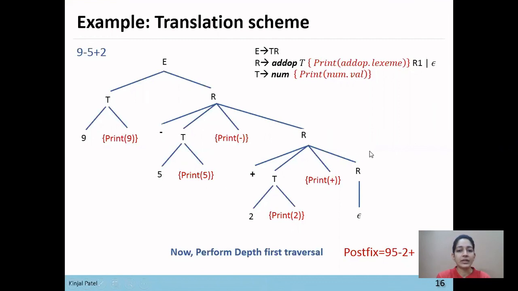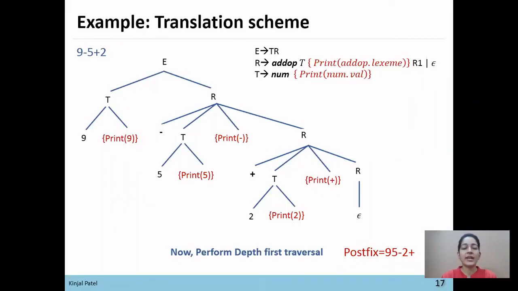If there are two different operators in the same expression, such as minus and star, meaning operators with different priorities in the same expression, then also the first operator will get evaluated first in the parse tree, then the second operator. So this parse tree gets generated in the manner of the operator which comes first in the expression. Using this translation scheme, we can construct a parse tree for any expression.